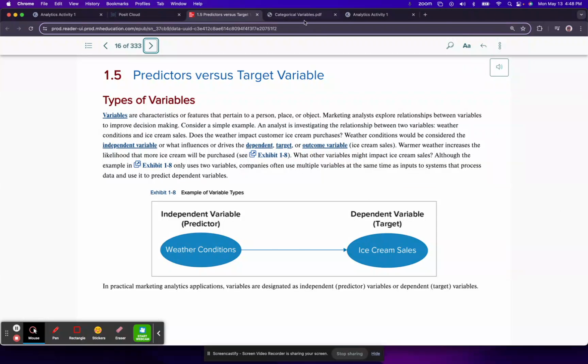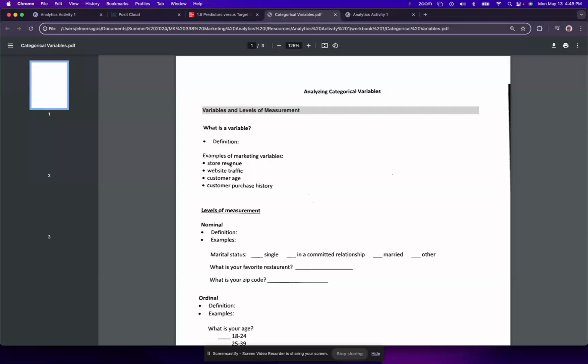And I provided a few examples here relevant to marketing variables. So remember, I said a variable is anything that varies. Well, store revenue, that's an example of a variable. Store revenue would vary depending on the time of the year. It'll vary depending on location. And then website traffic, well, that'll vary based on the time of day.